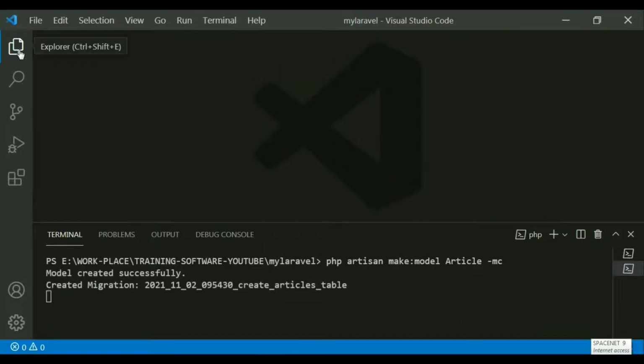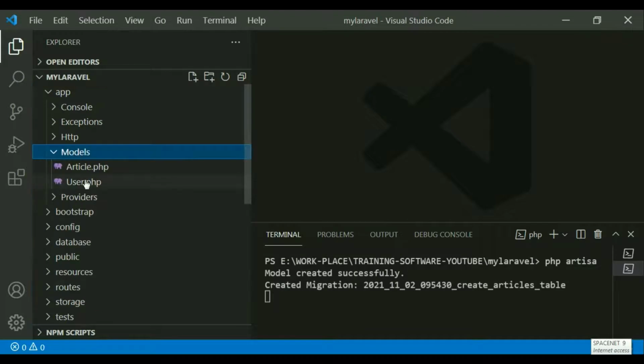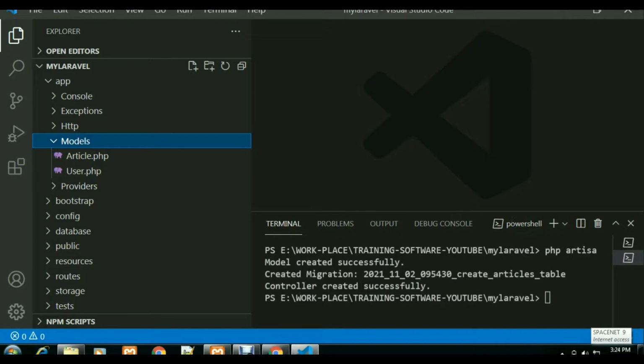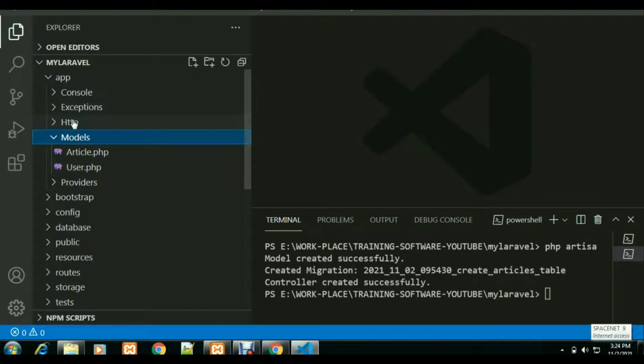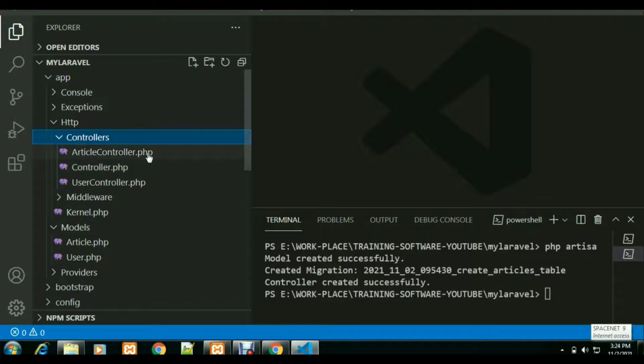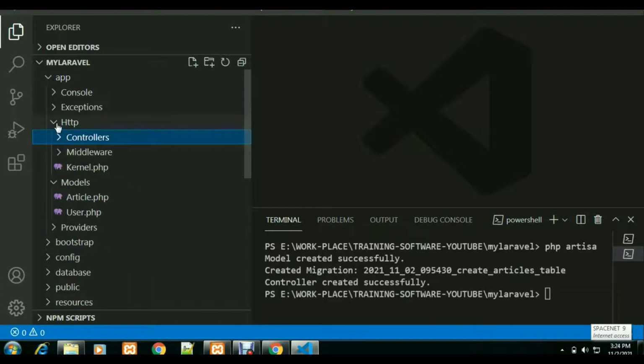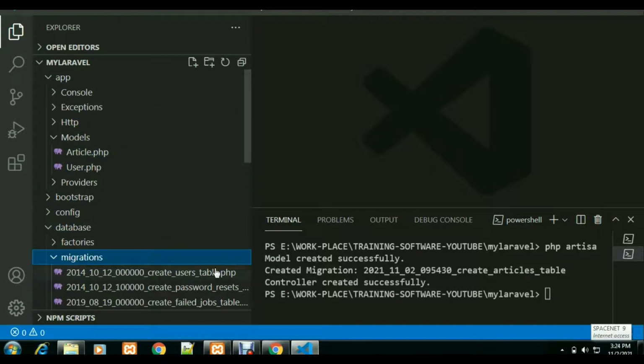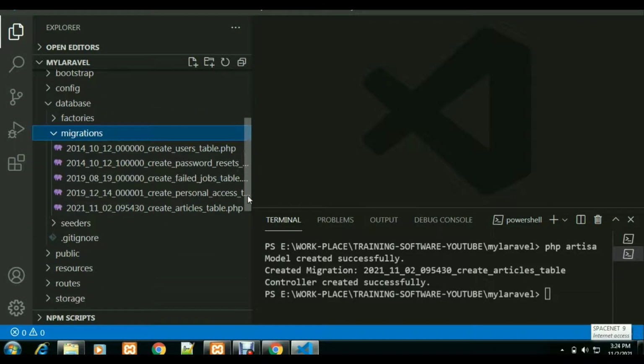If you go to the model folder, the article model has been created, the migration has been created, and the controller also has been created. If you go to HTTP controllers, the articles controller has been created. And if you go to database and migration, at the bottom of the tables, a create article file has been created.